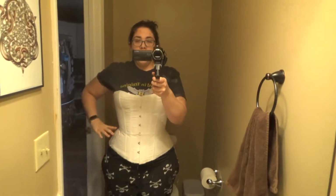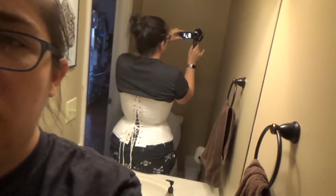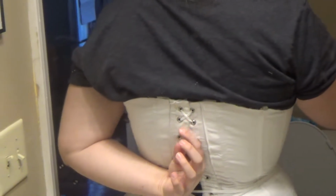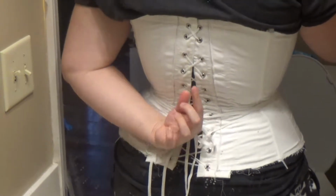So here's what it looks like in the mirror. All right, so this is what it looks like from the front. And then the back view here, you can see it, please forgive the pirate PJs. It laces all the way closed here at the top. And I could even that out a little bit, but